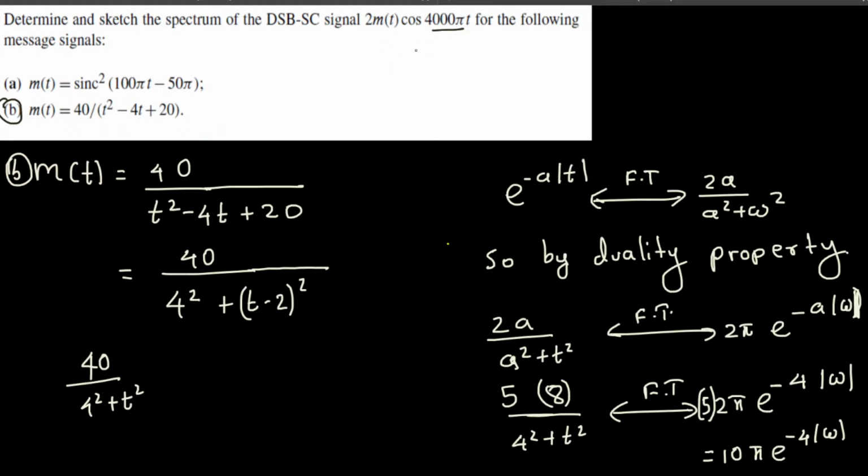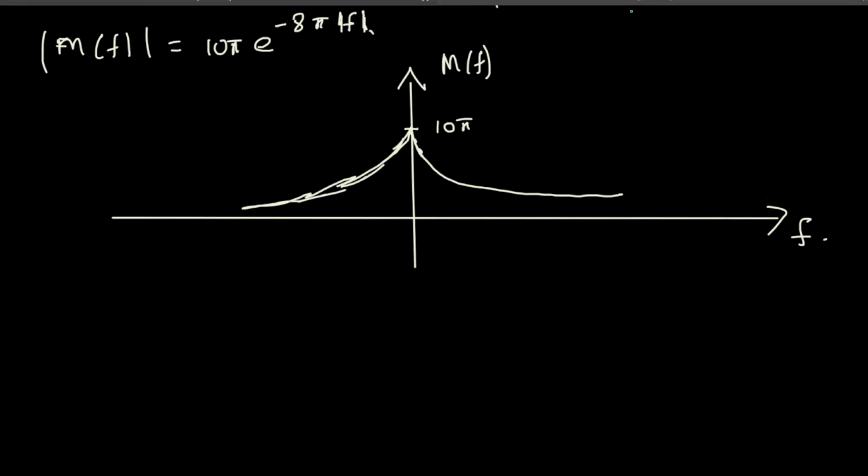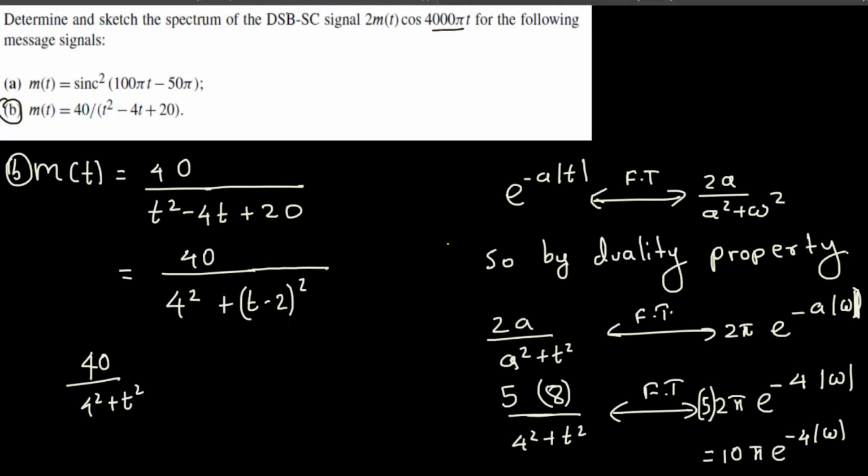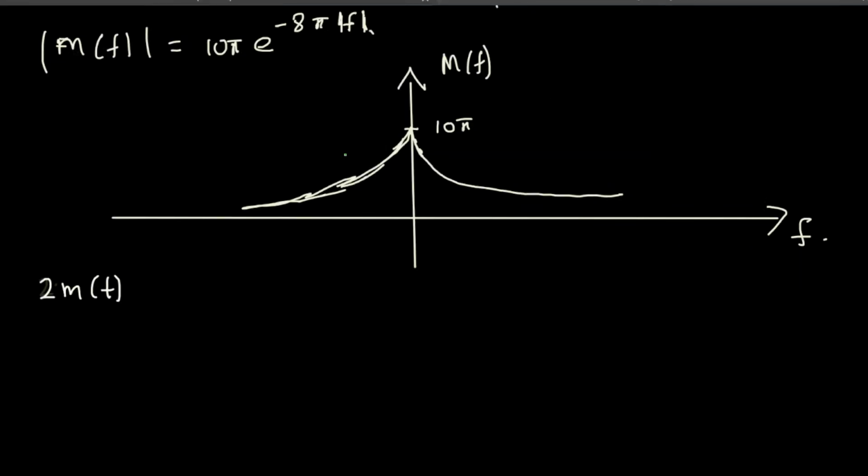If I write this one in terms of 2 pi f, this is going to be 2 pi times f, that is 20,000 t. Let's write this one again. 2 m of t cos 4000 pi t,